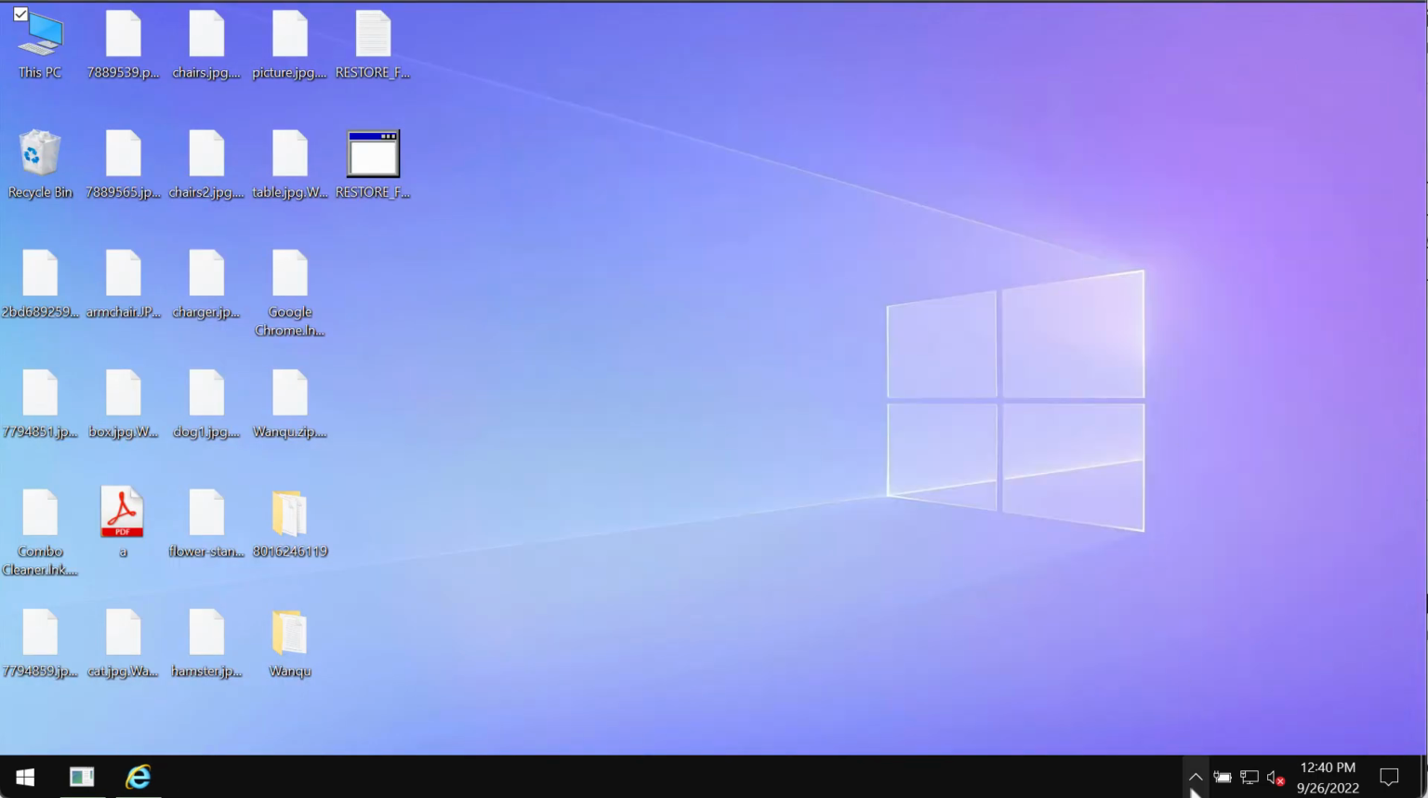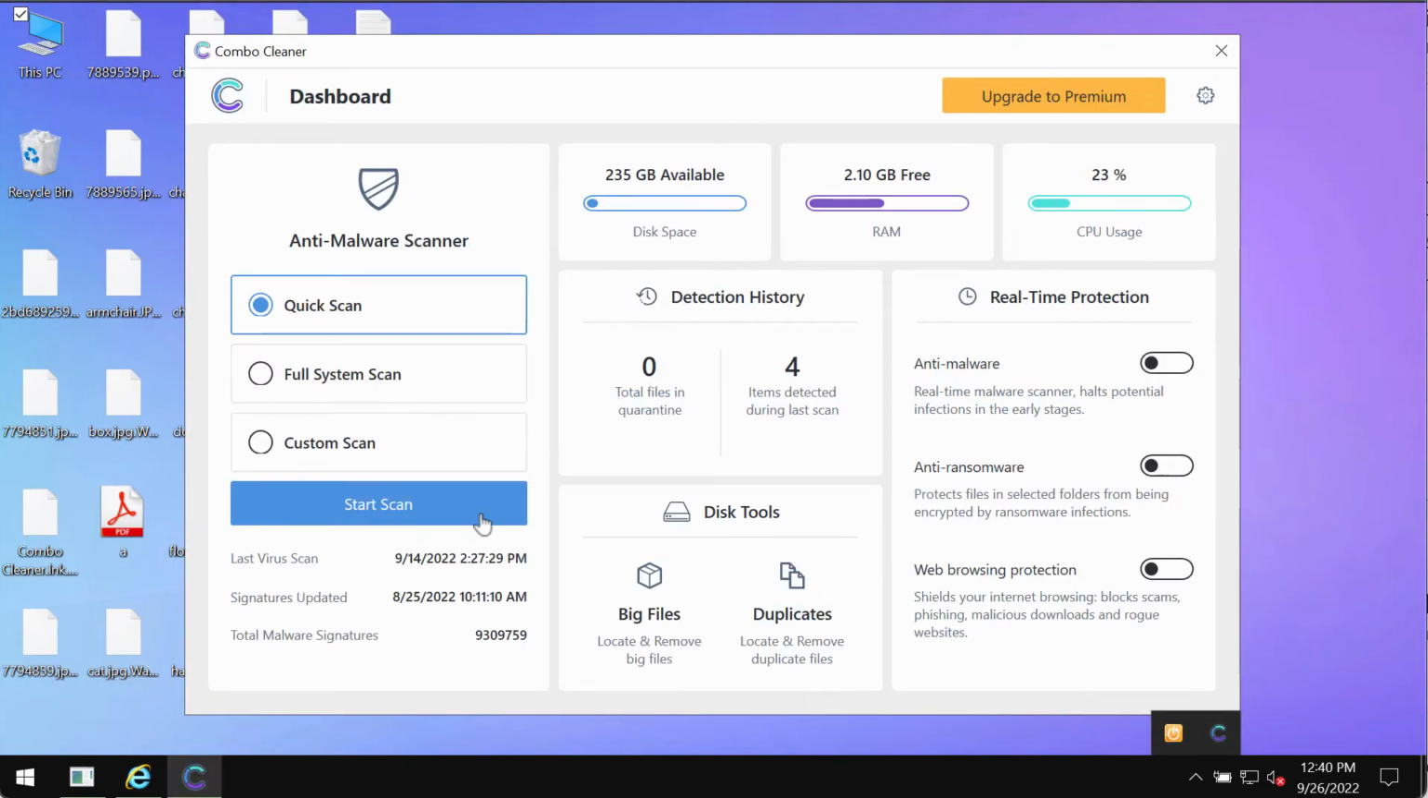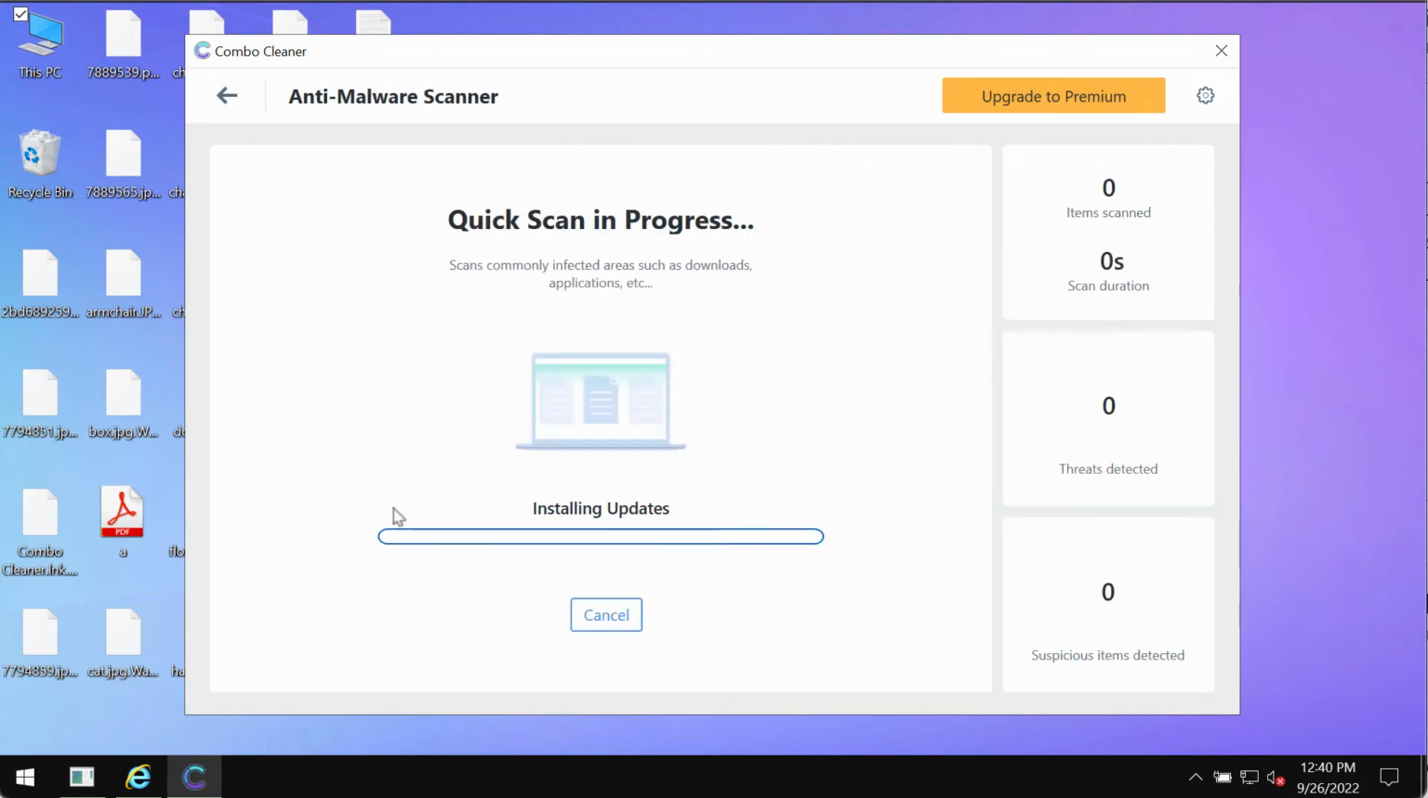Install the program. Then start scanning your system. Combo Cleaner will be in the trial mode, so only the quick scan option is available. After you download it, click on the Start Scan button. Most likely the program would first of all update its anti-malware database, and this is essential for proper detection and